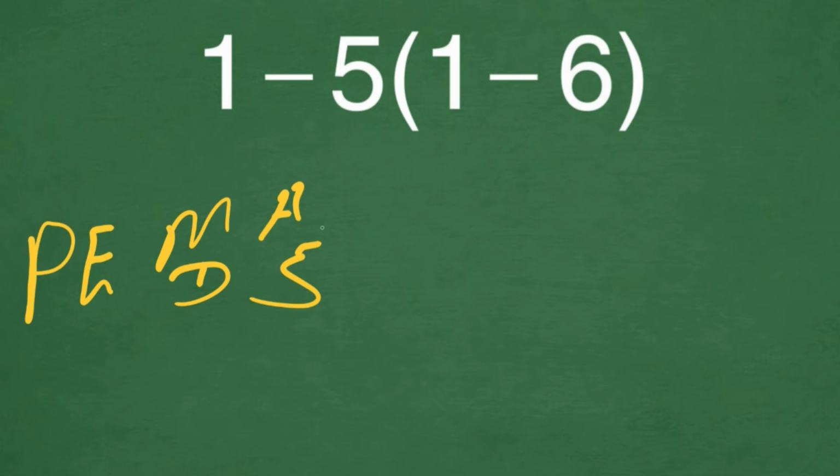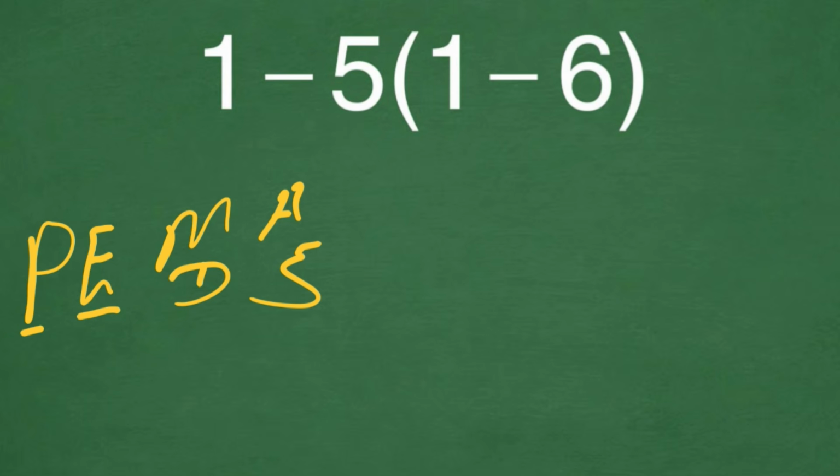so here I just write it. This is the acronym for the order of operations. It is called PEMDAS. Every letter stands for an arithmetic operation. P stands for parentheses, E stands for exponent, M and D stand for multiplication and division, A and S stand for addition and subtraction. So according to this, first we have to solve parentheses, and then after we solve all